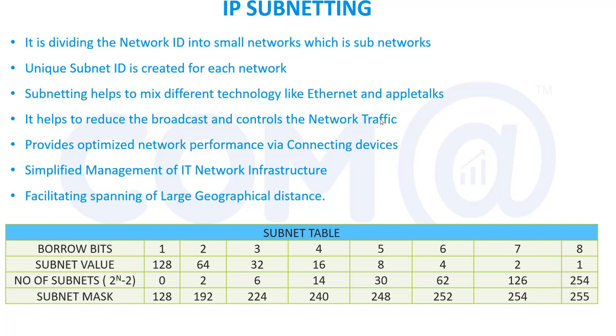In case of network, it is already 24. Now you are adding one bit, so 25 bits. The network portion will have 25 bits, and the host portion has 7 bits. So the subnet mask for borrowing one bit will be 128. Similarly, if you are borrowing 2 bits, the subnet mask should be 192. For 3 bits, 224, something like that. So it will be added equally.